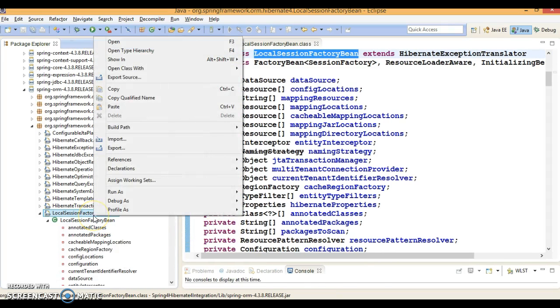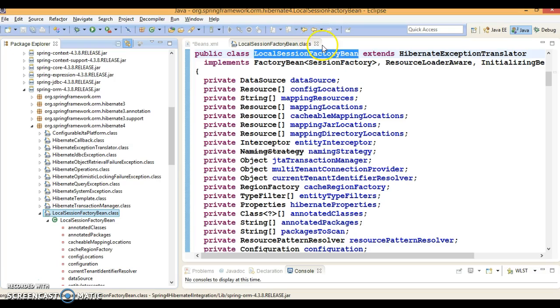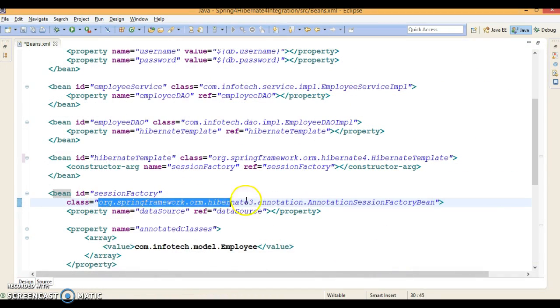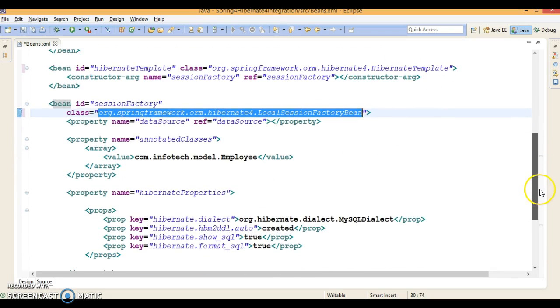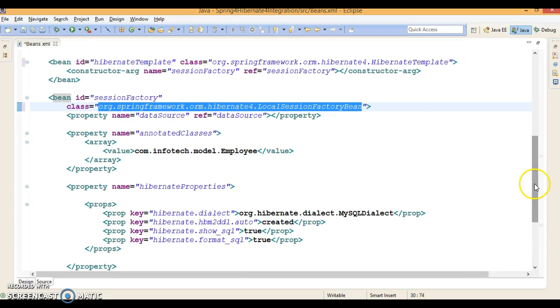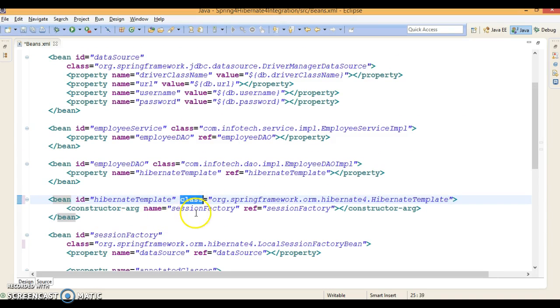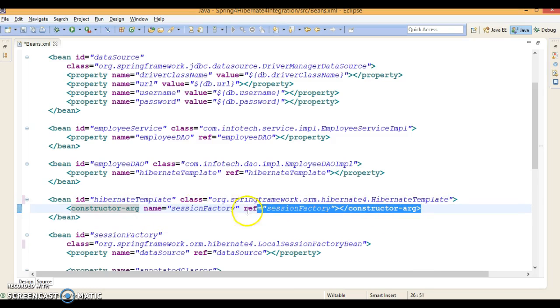So let me copy the qualified name of this class. I copied it and go to the beans.xml and paste it over here, the qualified name of the class. This belongs to Hibernate 4, and when you integrate Spring 4 with Hibernate 4, when you configure the template class, here I'm going to specify this dependency and inject it through setter based dependency injection. So property